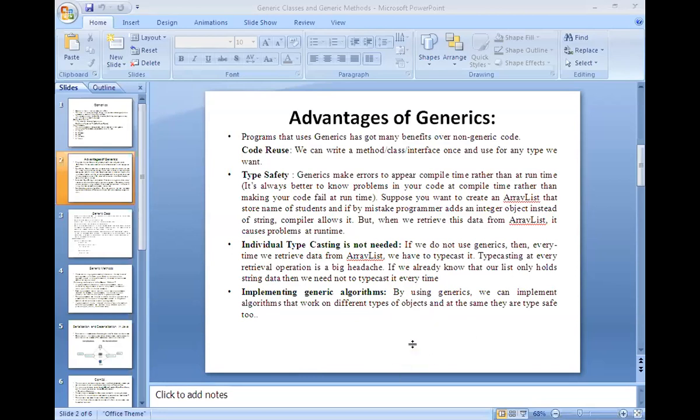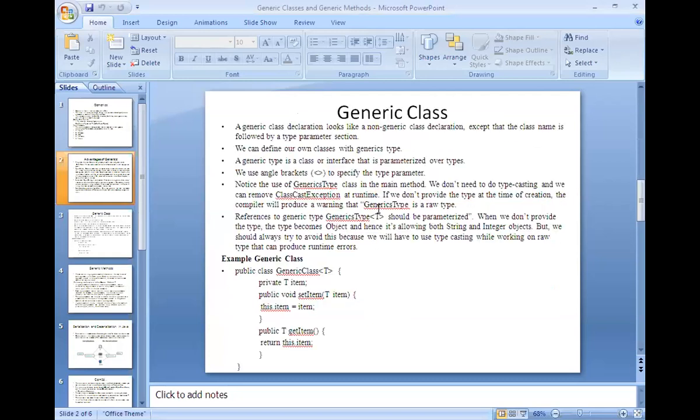In a similar way, if you are able to develop a simple algorithm which can handle all the possibilities of certain issues, it is a good advantage. It shows the path to develop in such a way. So that is about the advantages of generics.